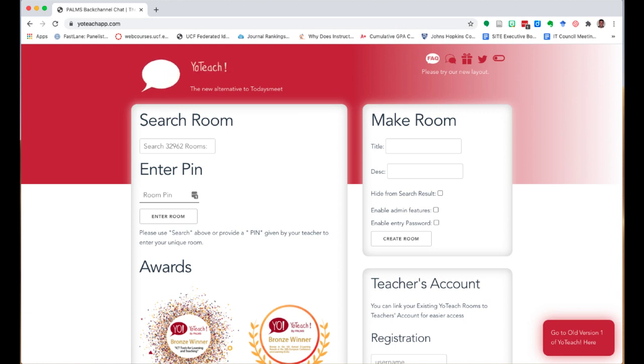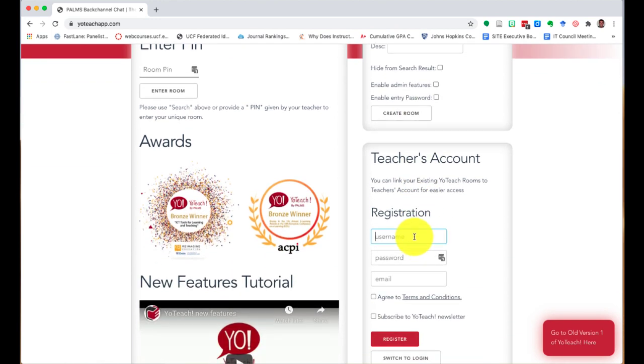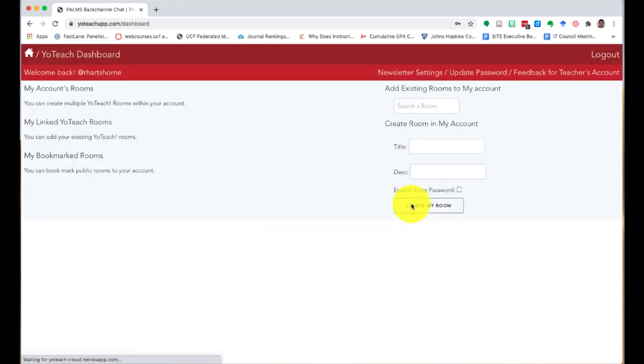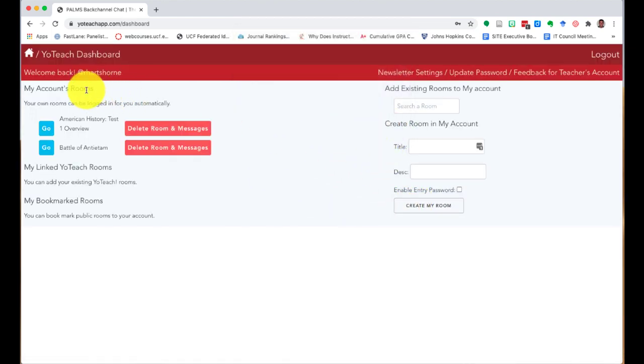So it's very easy to use, and you can actually create just a quick room by typing the title, a quick description, and you can create a room and learners can go in immediately and participate very easily. However, there's some additional functionality with the teacher account that allows you to create and collect and organize these rooms much easier. So I'm just going to log in very quickly here, and you go to your dashboard